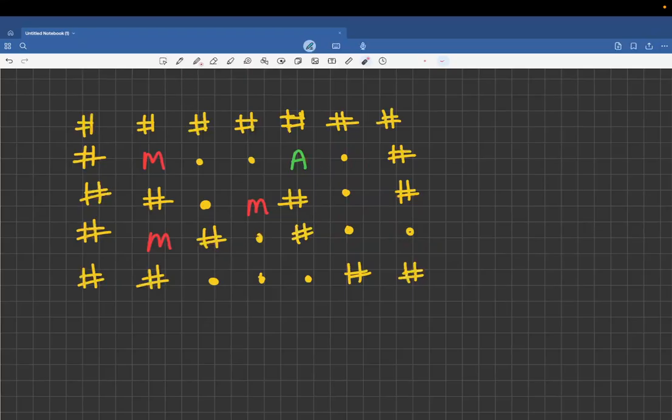Let's suppose I would have told you that this particular hashtag was not there and over here I had a dot, that is the floor. Now can you follow exactly the same path? The answer is no. Why? Over here you took 1 step, 2 steps, 3 steps. So reaching this particular cell took you 3 steps. This monster can reach the same cell in 3 steps. So you can't reach this particular cell. And these paths are already blocked for you.